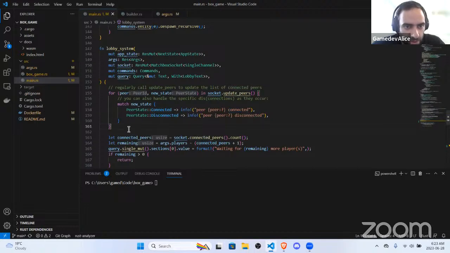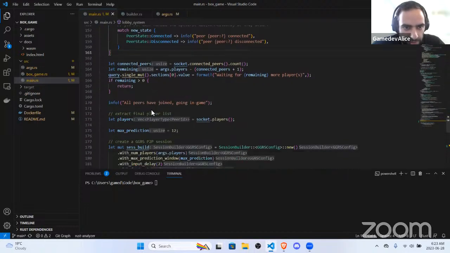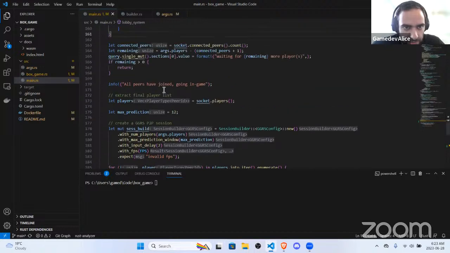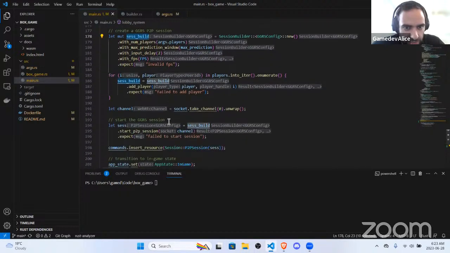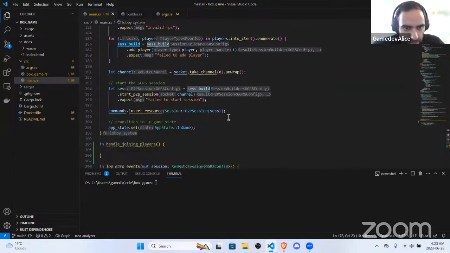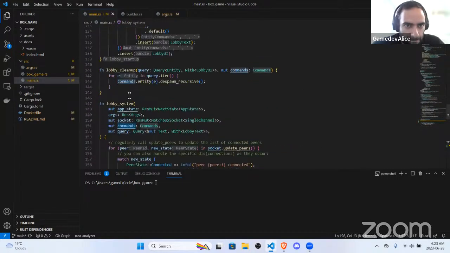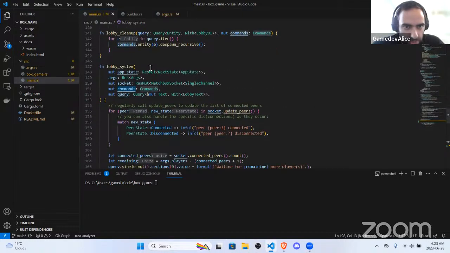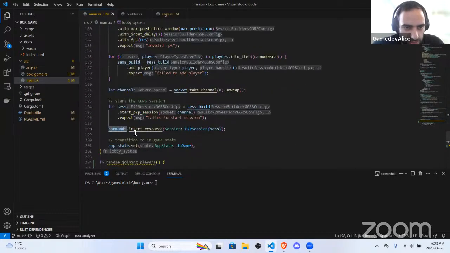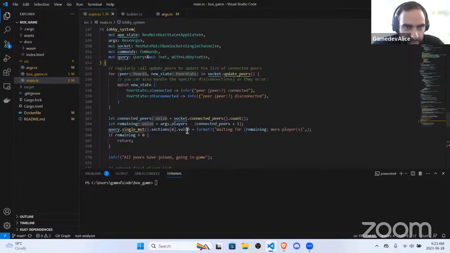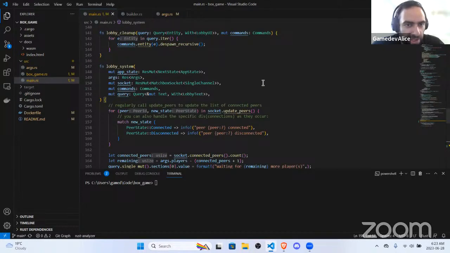Okay, so add peers. Where was this? So we'll use session build. We'll need this resource. I don't see it, but it should be in here. Commands, insert resource. Okay, so because it's been inserted, there's nothing here yet, but we'll have to query that resource